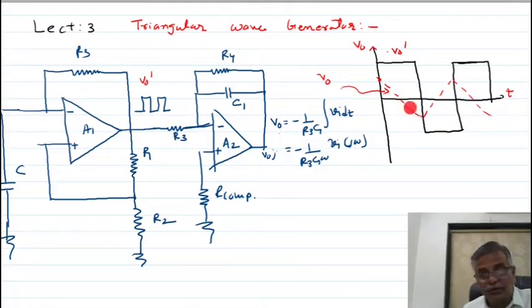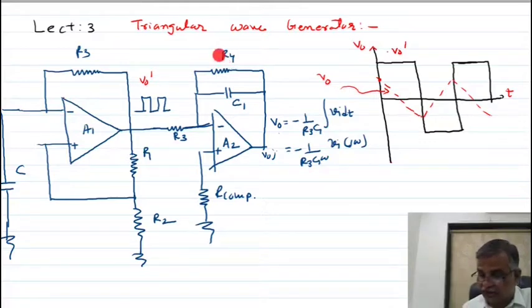The amplitude of the triangle wave depends upon R3 and C1 and the amplitude of the square wave. The amplitude of the triangle wave decreases with increase in frequency. Reason is that as frequency increases, reactance of capacitance decreases. As a result, the amplitude of a triangle wave decreases with increasing frequency. Remember, with increasing frequency, the amplitude of the triangle wave decreases, because as frequency increases, reactance of capacitance decreases.